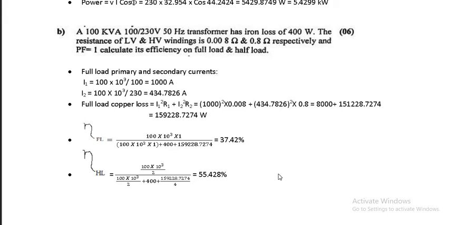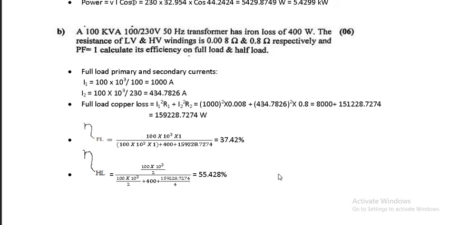Now the very first thing you will be calculating is the full load efficiency. Full load means the load is taken as given. Instead of writing V2 I2 cos phi 2, you'll just write your kVA rating. So kVA is 100 into 10 cube multiplied by cos phi, which is given as 1, the power factor. Upon it will be 100 into 10 cube into 1 again, plus the losses. The first loss, the iron loss, is given as 400, and that stays the same throughout because it's a constant loss, plus the full load copper loss. Whatever this comes to, multiplied by 100, gives you the efficiency value. So that comes out to be 37.42%.